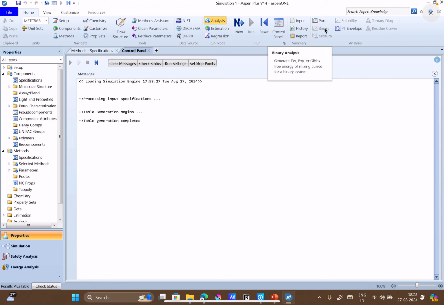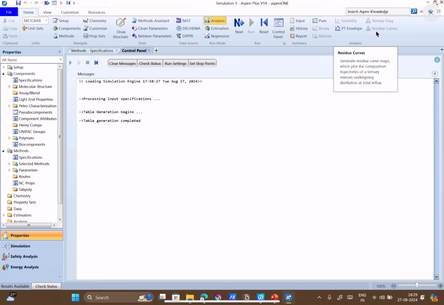Right now we only have one compound, so binary, mixture, and solubility or ternary diagram options are not available. We can only do pure component analysis. If I add the second component, the binary and solubility options will open up, and if I add more than two, then mixture and ternary diagram will come up as an option.